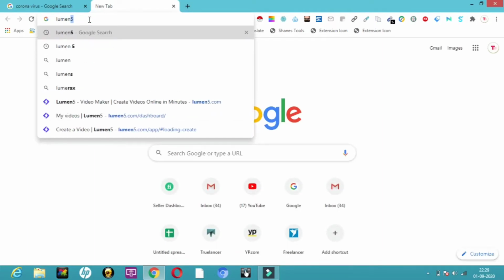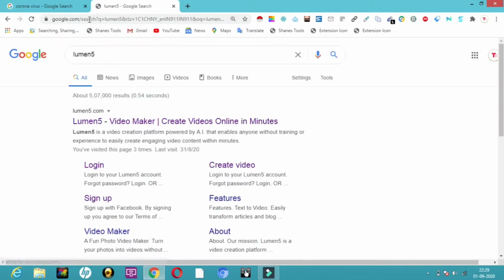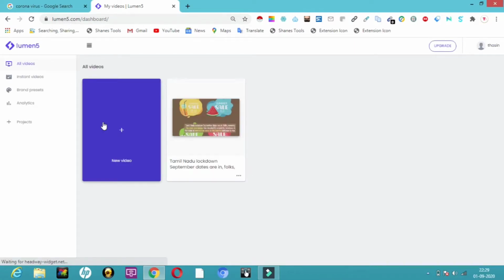I'm just going to type here Lumen5. So this is the website where we are going to convert it into video format, Lumen5 video maker. In this video, many websites and software are there to convert, but they will have their watermark. If you want to remove the watermark, then you have to get the premium one, but here I'll teach you how, without the premium one, with just a free offer, you can make your video, and you can also remove your watermark.